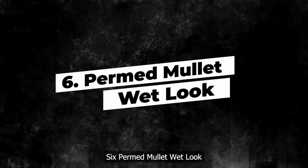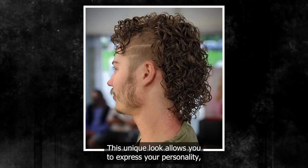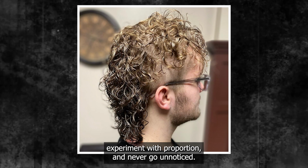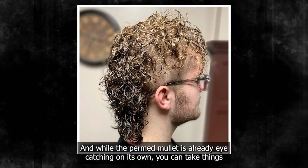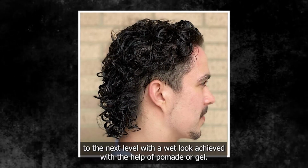6. Permed Mullet Wet Look. This unique look allows you to express your personality, experiment with proportion, and never go unnoticed. And while the permed mullet is already eye-catching on its own, you can take things to the next level with